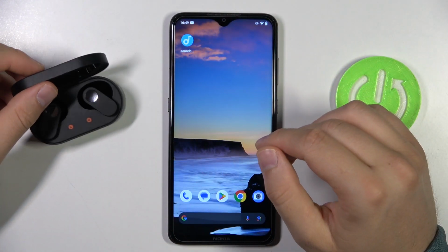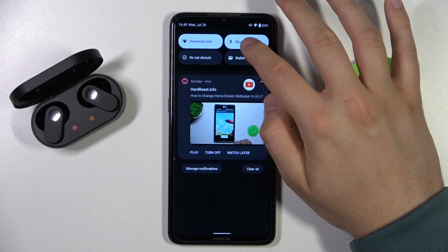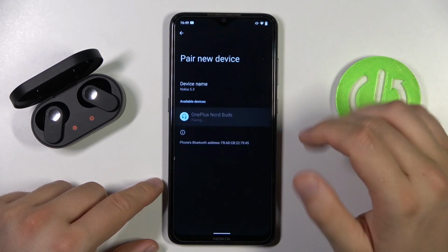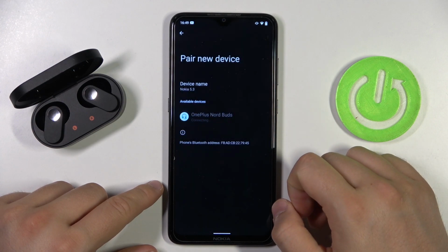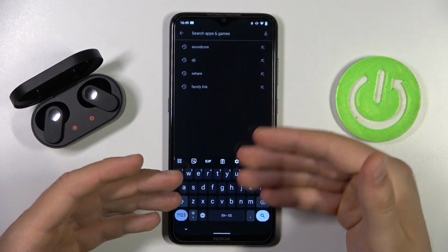It means that right now we are in the pairing mode, so put it close to your device and do not close this cover. You have to open the Bluetooth settings, click to pair new device, and select the OnePlus Nord Buds from the list, accept the pairing. As you can see, we are successfully connected,